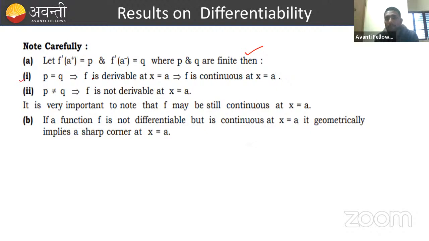The other thing is that if any function is differentiable, then it has to be continuous also. All differentiable functions are continuous. But suppose p is not equal to q, which means the left hand derivative is not equal to the right hand derivative, then the function is not differentiable or derivable. And the other thing is that there is some possibility that all differentiable functions